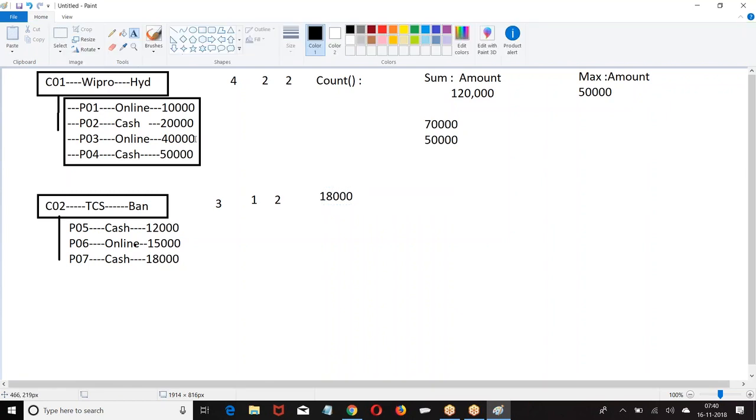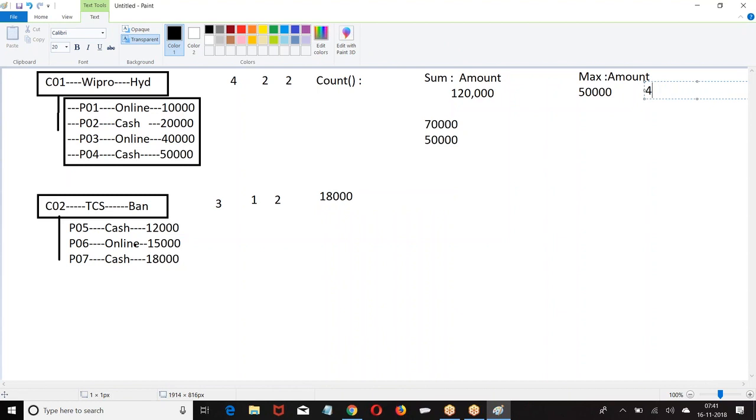Now max of online amount is 40,000. Min of online amount. You specify, and it will give you the maximum amount from all the child records or only specific child records, and the minimum amount from all the child records or a specific child record. Are you getting my point? It is up to your choice whether to include all your child records or only specific child records.